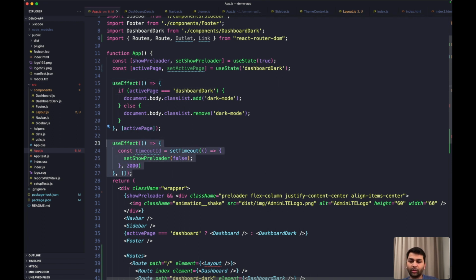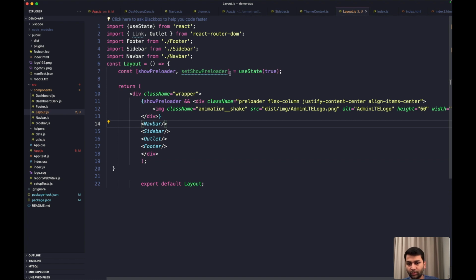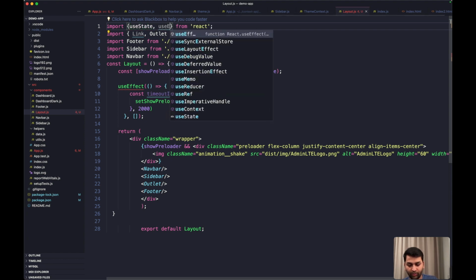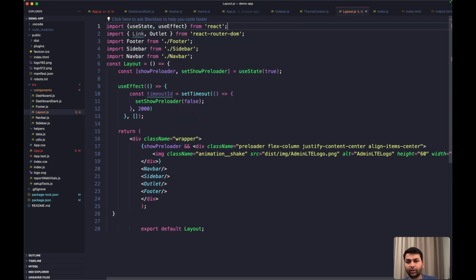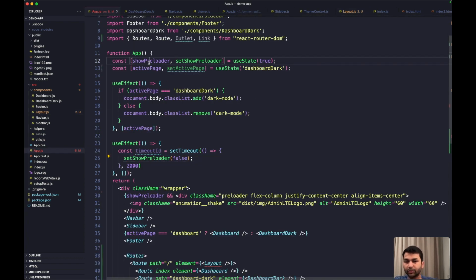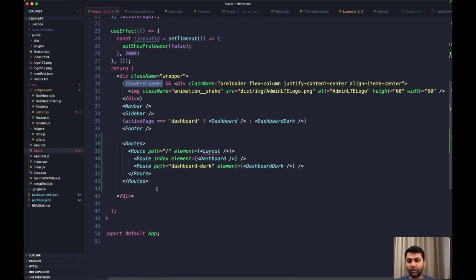So later on we can use React Suspense to do this action what we are doing right now, but that's something we will come to later. So yes, we have show preloader, etc. We can just get rid of all of this. So layout is something that we need to,